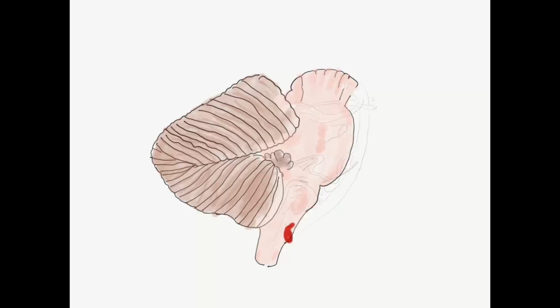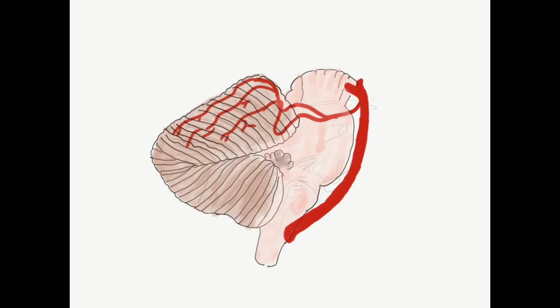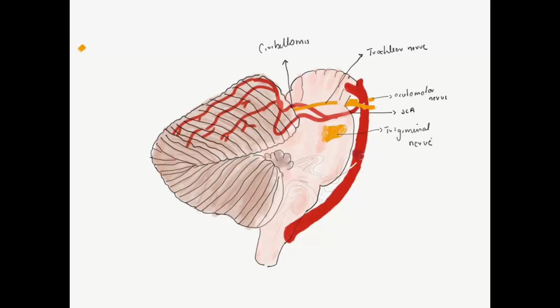This particular diagram shows the basilar artery, and the first artery that I would be describing is the superior cerebellar artery. This superior cerebellar artery originates and travels inferior to the oculomotor nerve, and it encircles the pons in the region above the fifth nerve, that is the trigeminal nerve. As you can see here, this is the trigeminal nerve, and the superior cerebellar artery is located superior to it, and it travels below the trochlear nerve to enter into the cerebellomesencephalic fissure and ends up giving precerebellar branches which supply the tentorial surface of the cerebellum.